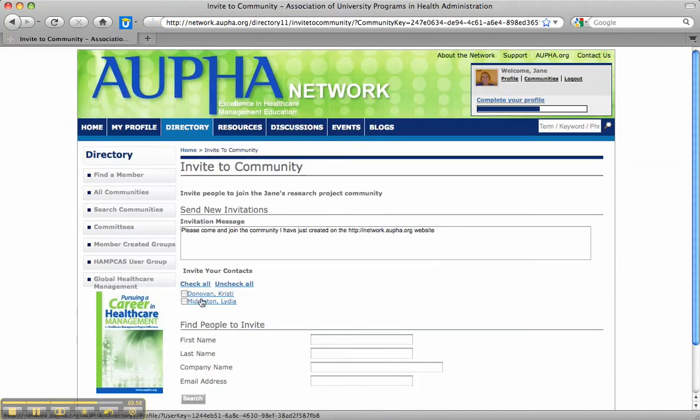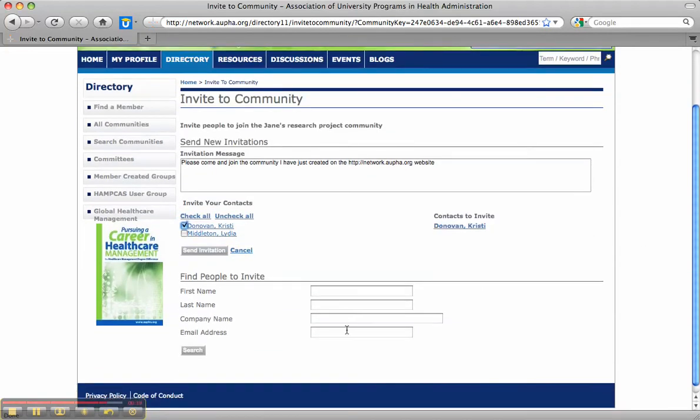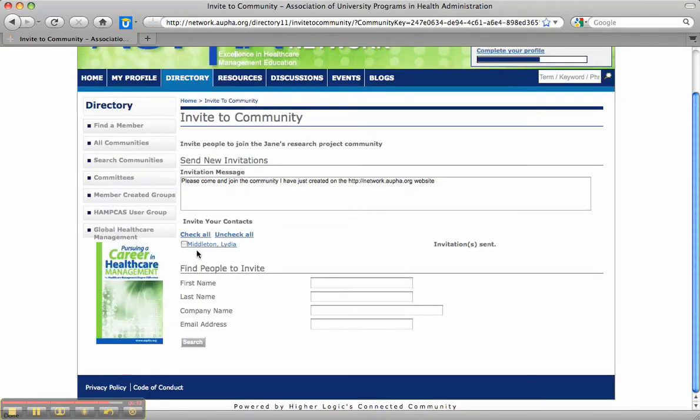And here you can see a list of individuals that Jane has contacts with, and I can click on myself, Christy Donovan, and you'll see a default invitation message. You can use that, or you can make adjustments as you like. But you see that now that I click that off, it says Contacts to Invite, Christy Donovan, and I can click on Send Invitation. You'll also see down here that you can search for individuals that you might be interested in inviting. For now, we're just going to select this one, click Send Invitation,